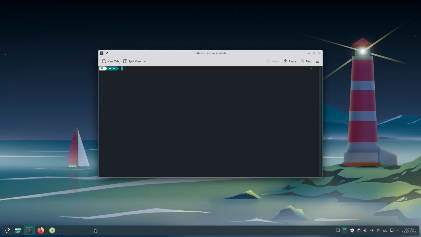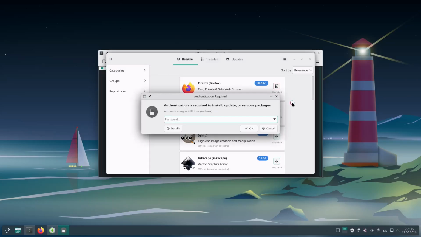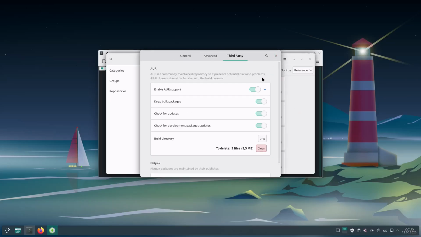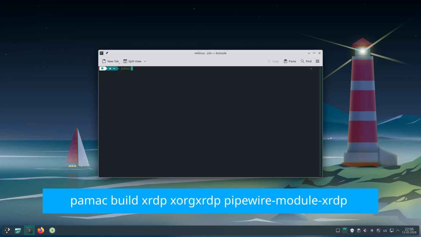Make sure the AUR is enabled. So let's go to Package Manager, Preferences. Let's enter the password. So as we can see, we have enabled AUR support,